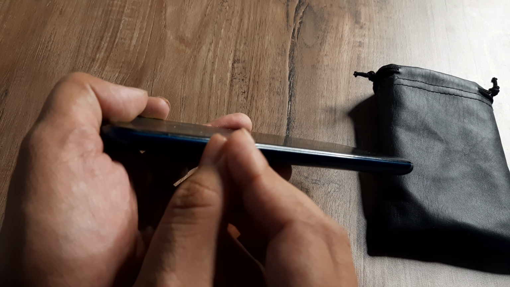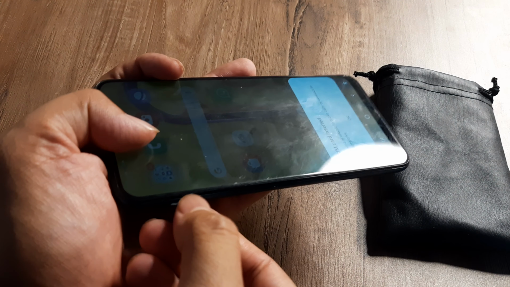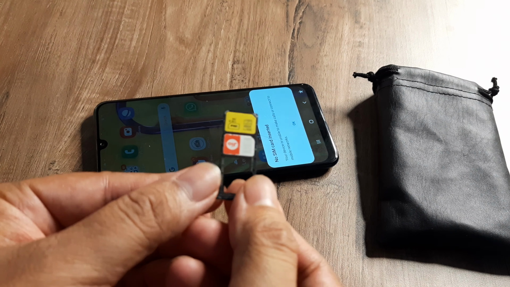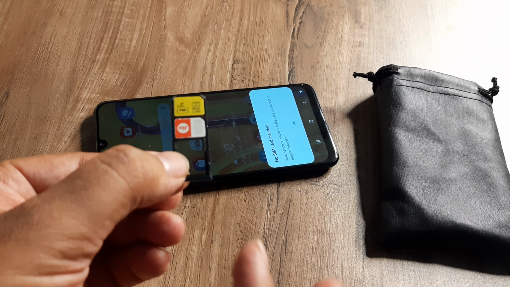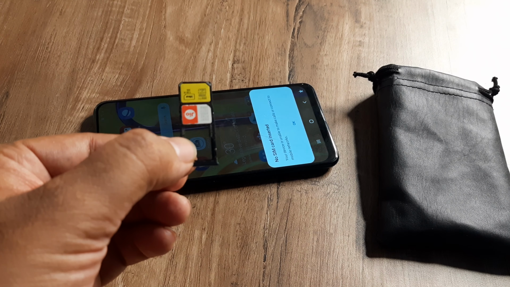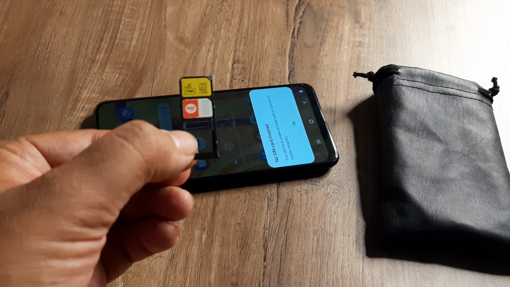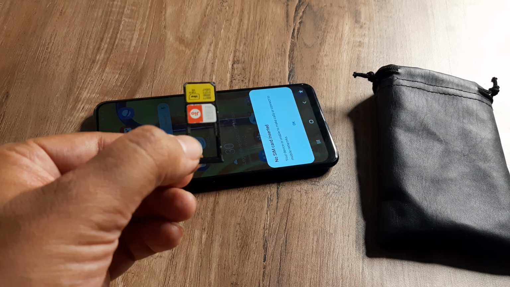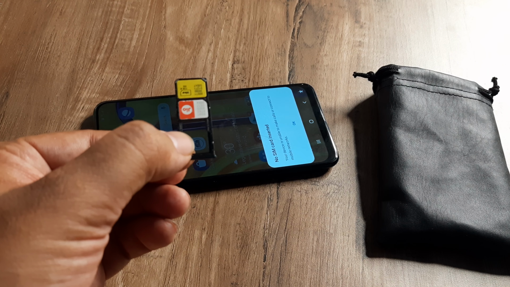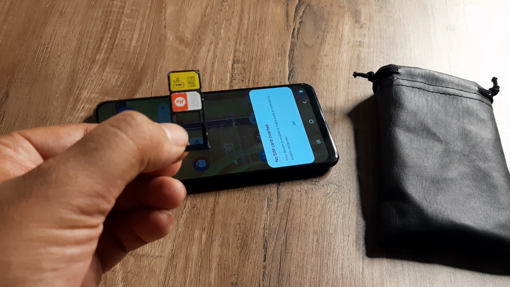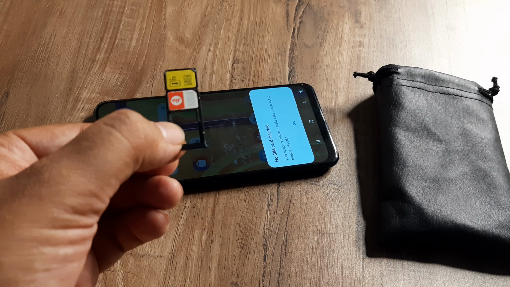The first of which is insertion of SIM properly on the proper slots. Now here you see is basically a SIM tray for this device. Now this is a dual SIM slot and both of them are 4G compatible. So it's very important to understand what I'm saying here. Basically, if this SIM 1 is just capable of holding a 3G network and I put a 4G SIM there, then the SIM is able to transfer data on a 4G network, but it's been put on a 3G slot. So that won't work. So you need to be very careful here.